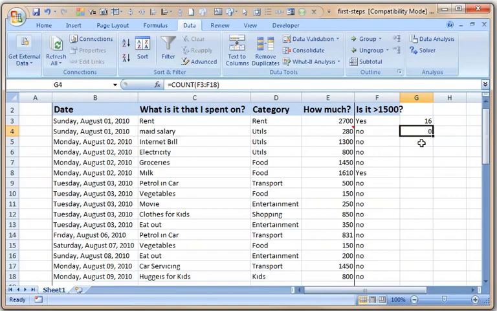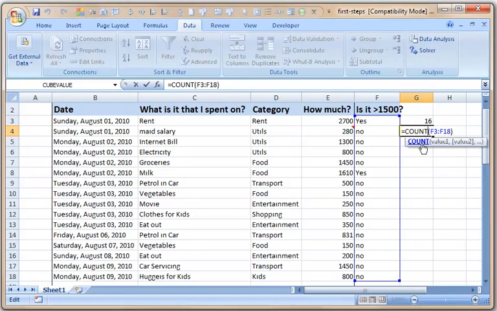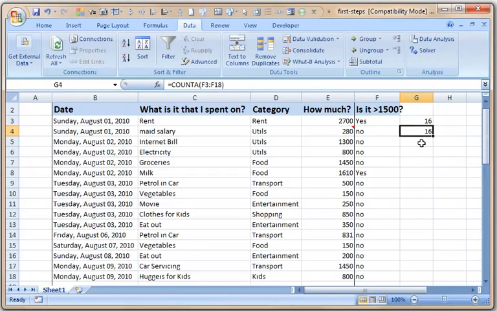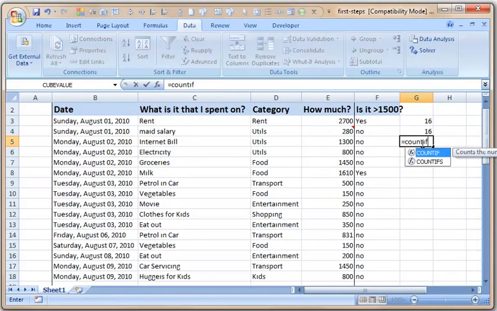But let us say you want to count the values, not just numbers, any value. Then you can use the formula COUNTA, and it counts all the values. Okay, so that's what it is. And now that we know there are 16 items, let us say I'm a little curious and I wanted to know how many items have an exact value of 150. Okay, so I use the formula COUNTIF. It's like the IF formula, but it is used for counting. Okay, so in this range, give me the count of all the values that have